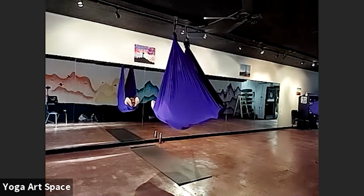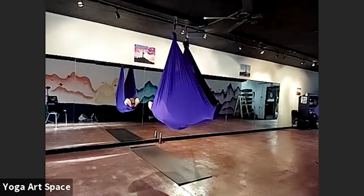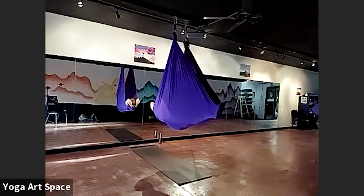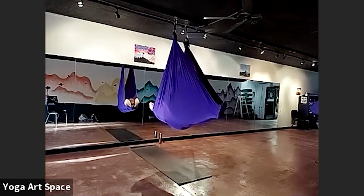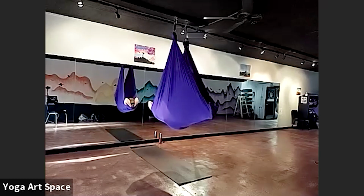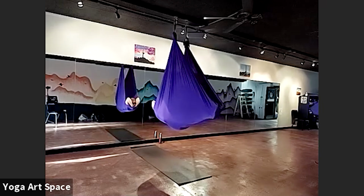And that idea of connection is what's going to lead us into our class today. Everything is so interconnected. We don't always realize it. And so today we're going to especially pay attention when we're in different stretches. We're going to pay attention to how stretching one area can affect other areas. And so in that way, we're finding how interconnected we truly are from one part of our body to the next. And so with that fun idea set in the back of the mind to lead us on, let's begin